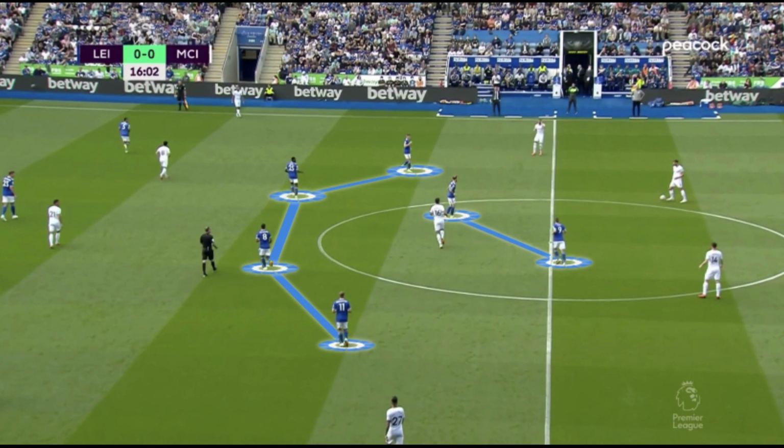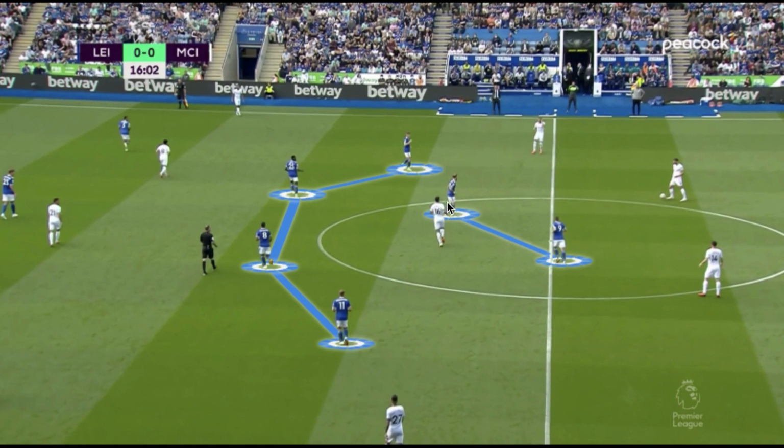And now the positioning of the fullbacks in relation to the Leicester City wide midfielders is very interesting because of the proximity. It puts the fullbacks in with the Leicester City wide midfielders, so they have a very short distance to press, but when they do press, the vertical compactness of Leicester by these heightened positions of their wide midfielder